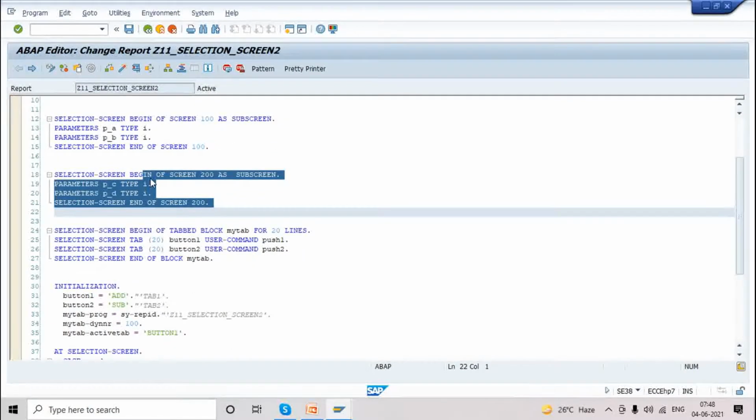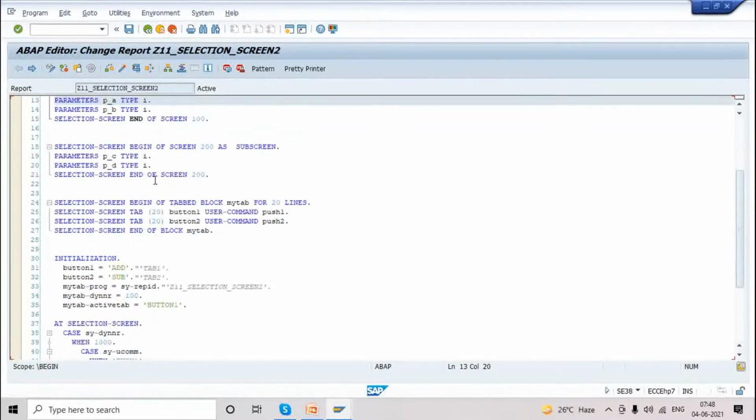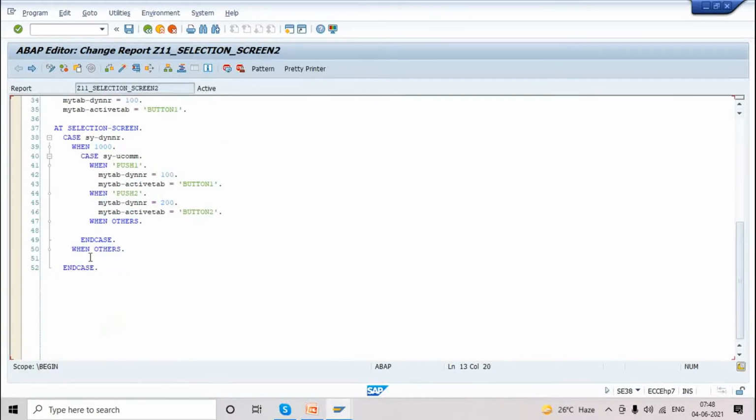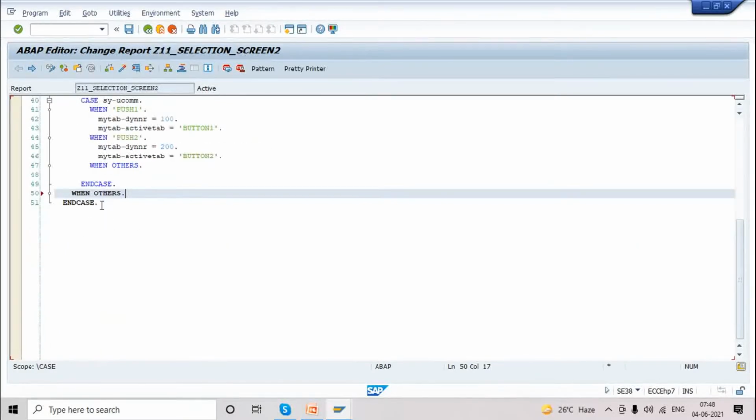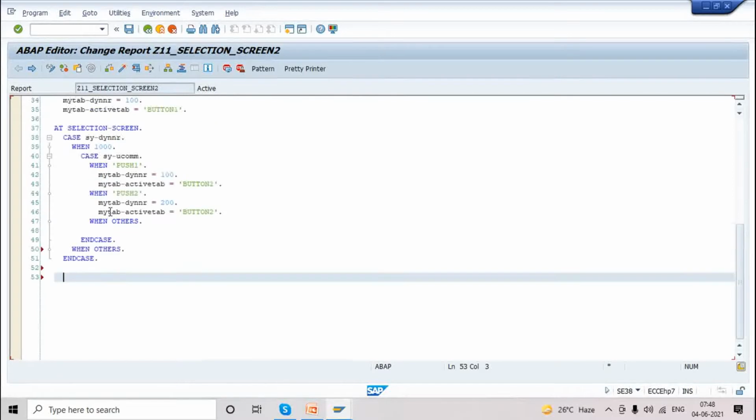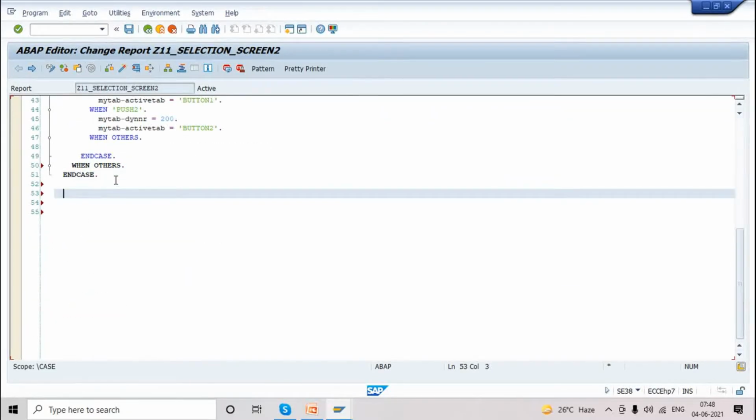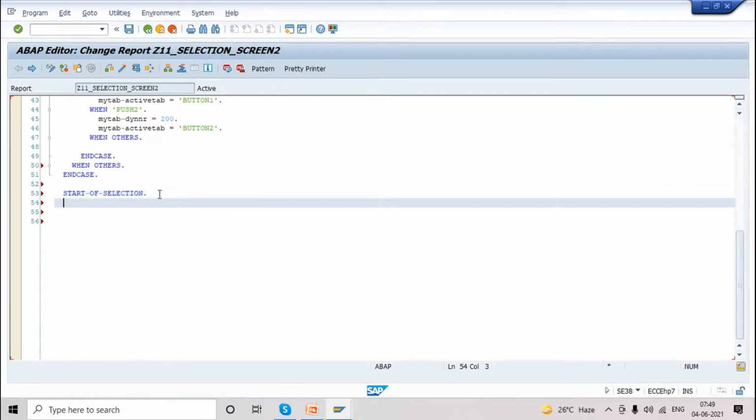Now see, we are using addition and subtraction. After this NKC, I'm writing some code like this. Since we used two events from classical report, I'm showing one more. Whenever we are using a select query, before that we have to use START-OF-SELECTION. So START-OF-SELECTION indicates that we are reading something from the database. We are not reading anything here, but it's better we use START-OF-SELECTION before displaying any output.